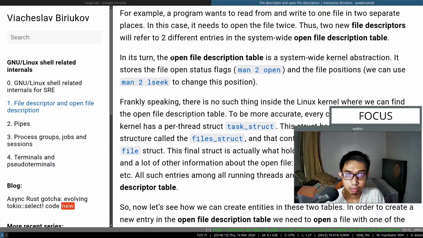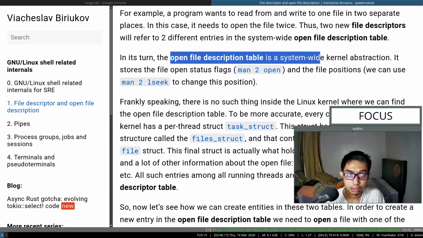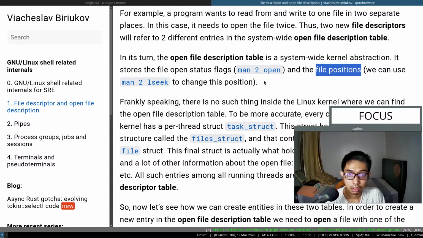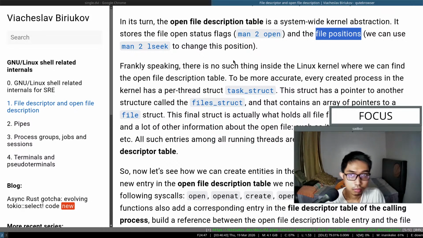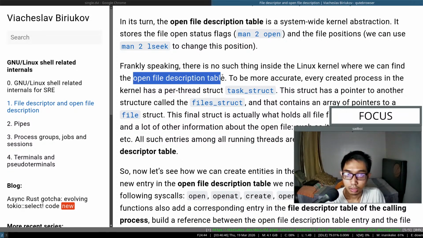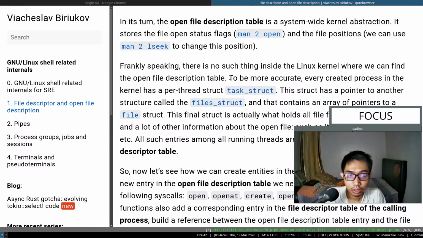In turn, the open file description table is a system-wide kernel abstraction. It stores the file open status flags and the file position. We can use lseek to change this position. Frankly speaking, there is no such thing inside the Linux kernel where we can find the open file description table. To be more accurate,